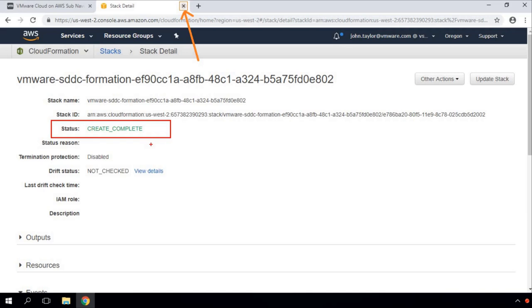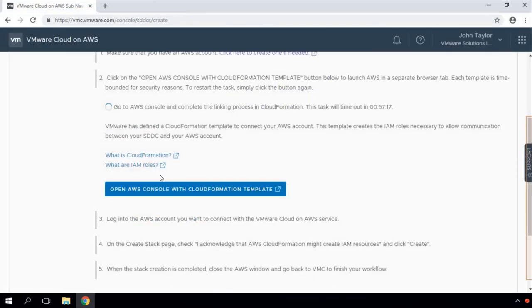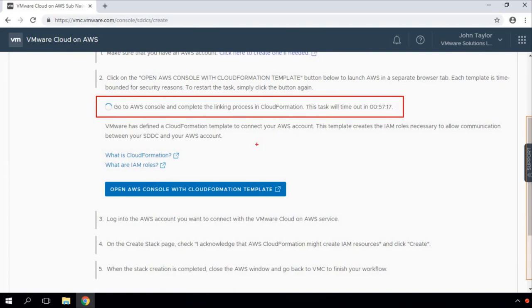So click here to close it. And now click here to scroll down. As you might have noticed, it is doing this linking. In this particular step, we are linking our AWS account with the VMware Cloud on AWS service.